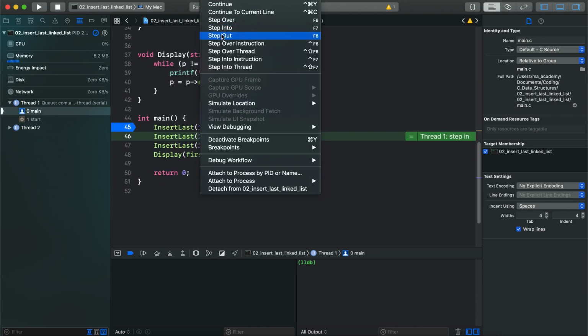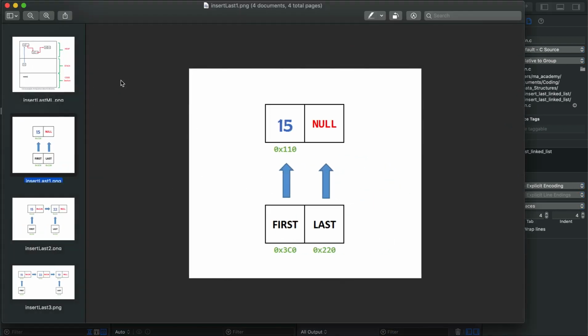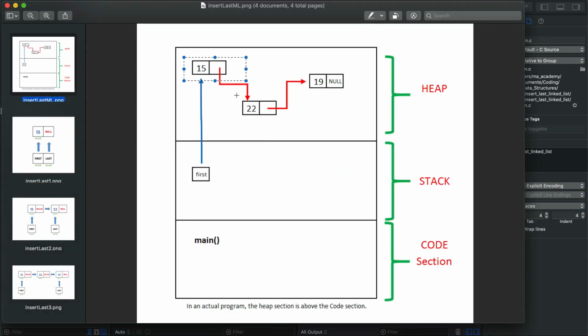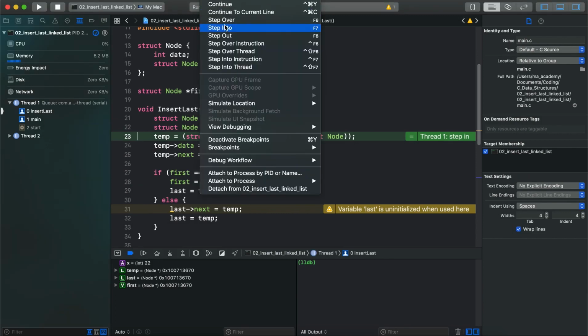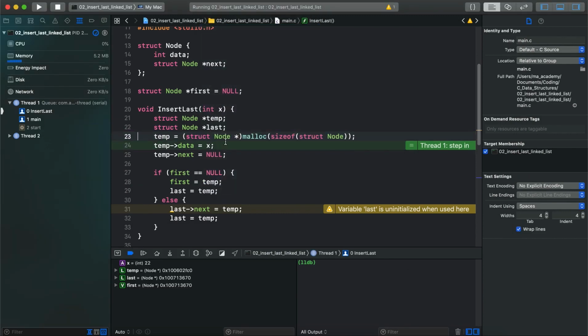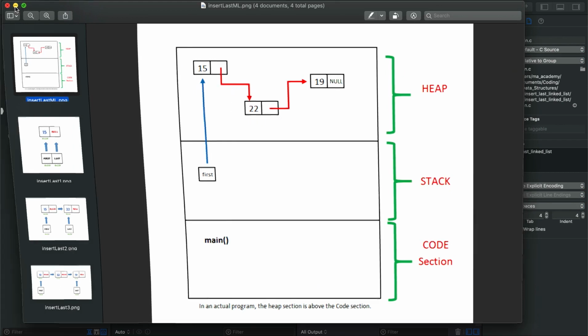So insert 22, let's step into again. In here you can see that this time we are creating another node inside the memory. So let me go in here. The first one has been created. Now we want to create another one, which will be created inside the heap section again. So let's execute this line. It said debug step into. When it gets created, you can see that this time the address differs. Previously it was 3670, and since we create another node, of course it will have a different address. The address of it this time ends in